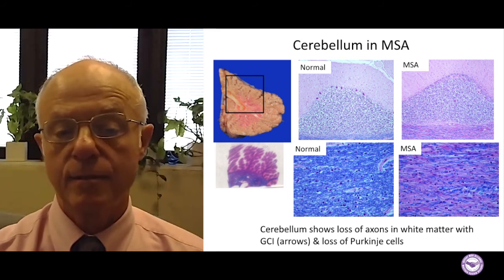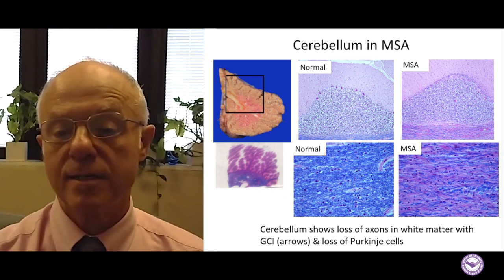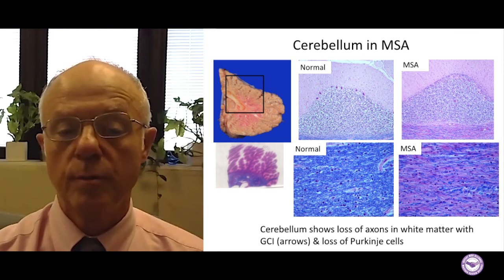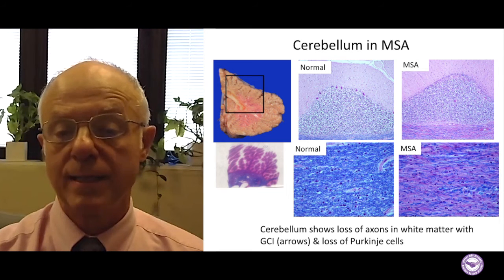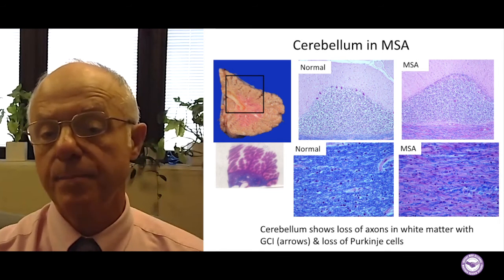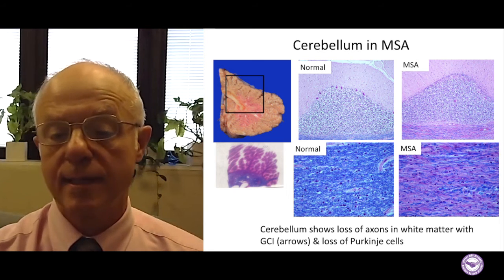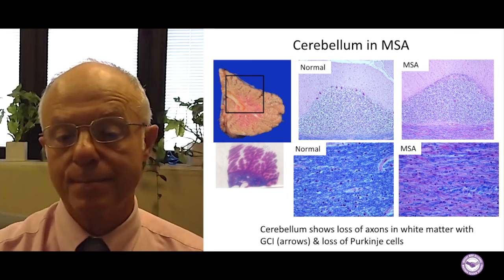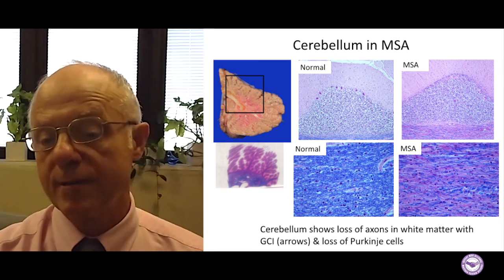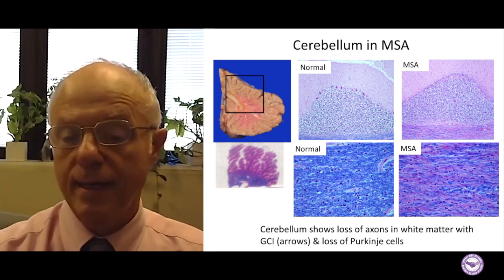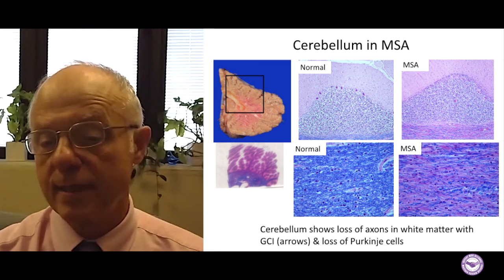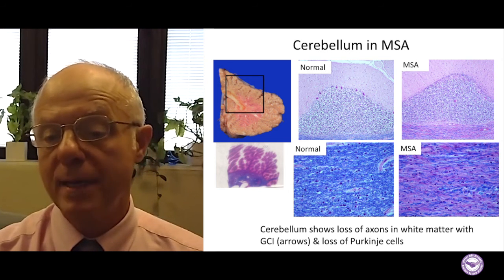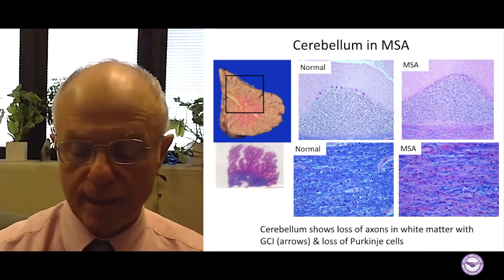If we look at the underlying white matter, which is the axons, this is dark blue because of the presence of the myelin around the axons. Underlying the cortex in the patient with MSA, there's a reduction in the density. This is what that looks like under higher magnification, normal white matter, and then MSA, where there's been a loss of myelinated axons. And again, you see these glial cells in the background, many of which contain the gliocytoplasmic